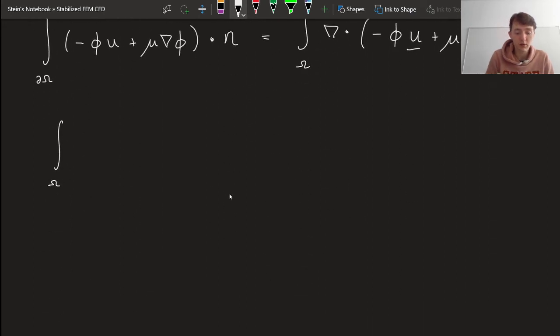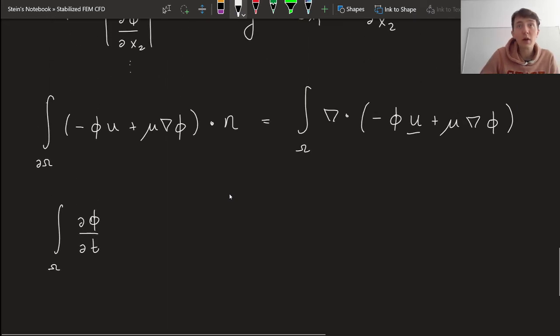You would get the integral over omega of the time derivative plus now this new term, or minus this new term. So I'm going to put the minus inside of the brackets. That gives me plus the divergence of